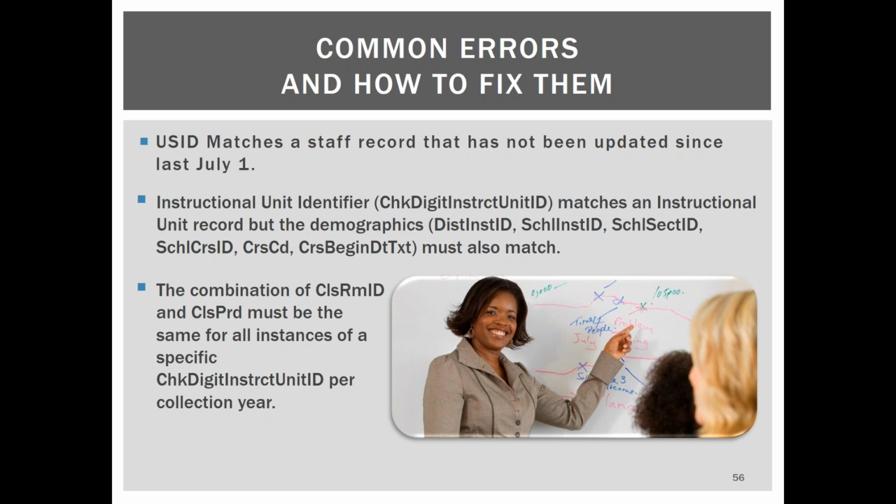Once you know what's already been posted or what is the correct one, then you can determine what needs to be changed, if it's something you can use class identifiers maintenance for, or if it's something you need to do a file upload for. You just kind of have to figure out what's wrong first in order to figure out how to fix it. It may also result in creating a new IUID if, for example, you have one IUID using two different classrooms and class period combinations. You really need two IUIDs for that. Then in that case, you'd have to create a whole new IUID. So I know that probably sounds kind of complicated. If you get these errors,